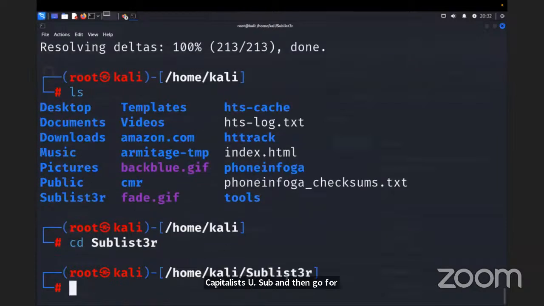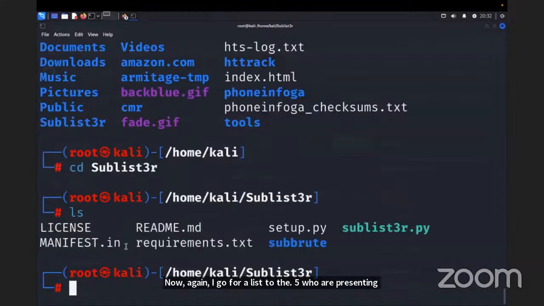See, here home Kali is there. Here you have something called sublister. Now again I list the files which are present in this directory. You have license, manifest.in, requirements.txt, setup.py, sublister.py, subroot. Now here, what you can basically do is,